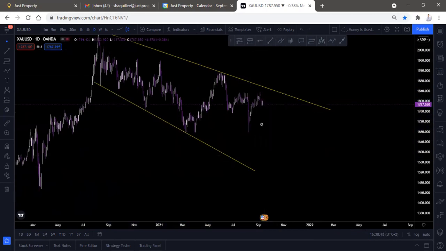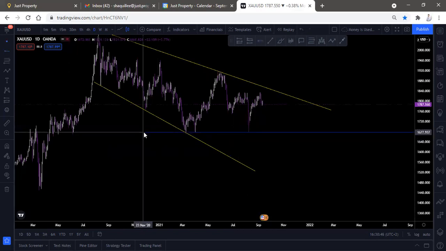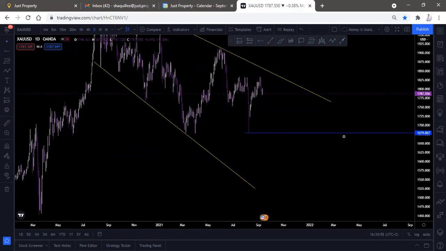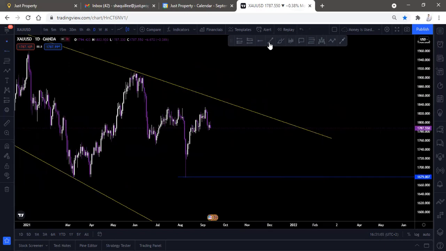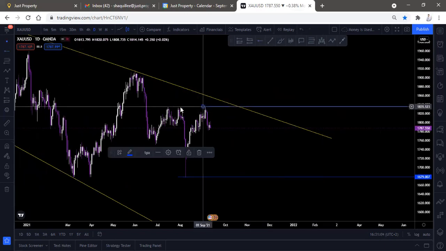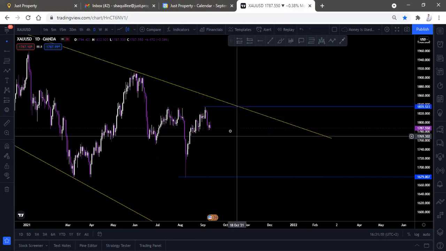So I'm gonna draw my obvious, that's my recent low. I would draw it here, as you can see that has been respected like a specific type of support, but I like to stick to the recent low, because I'm trading price action, the most recent price action, right? Likewise for here, we could have a resistance zone over here, but I stick to the most recent, because I just want to be more accurate.